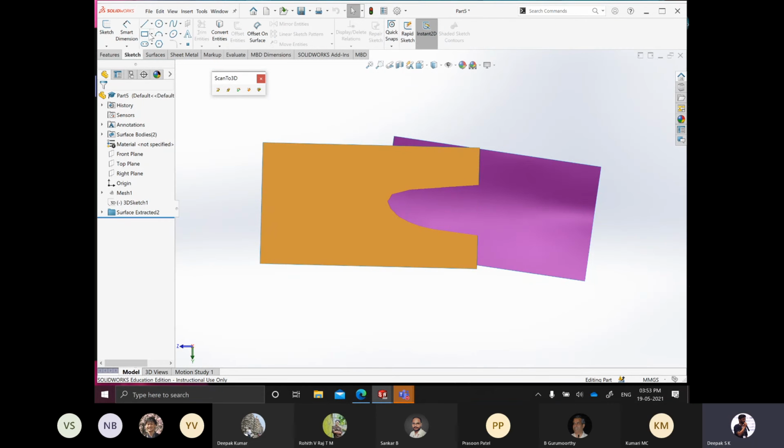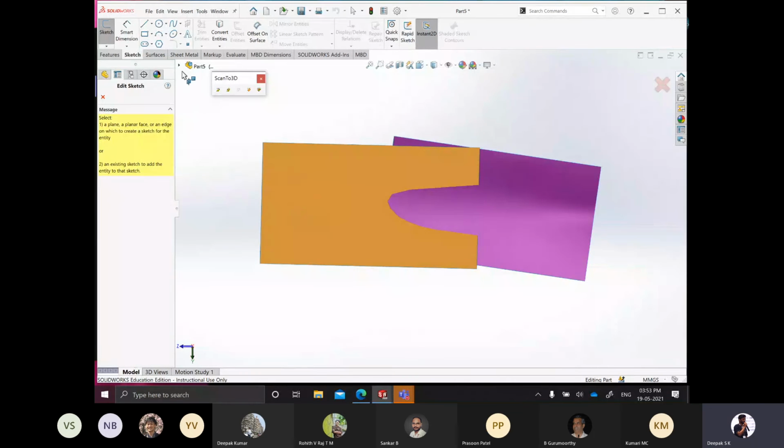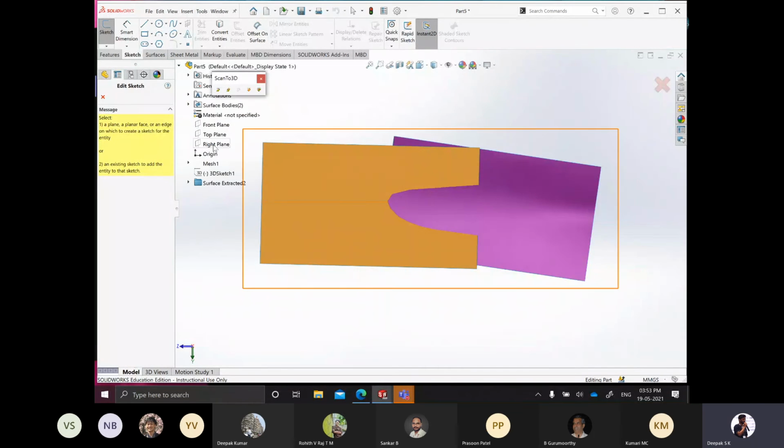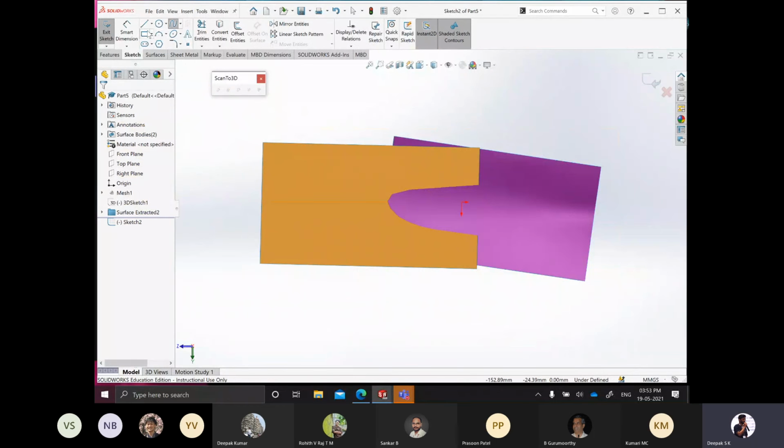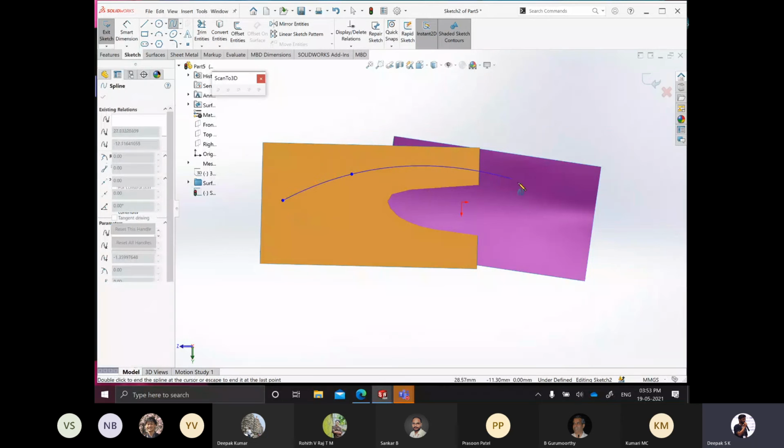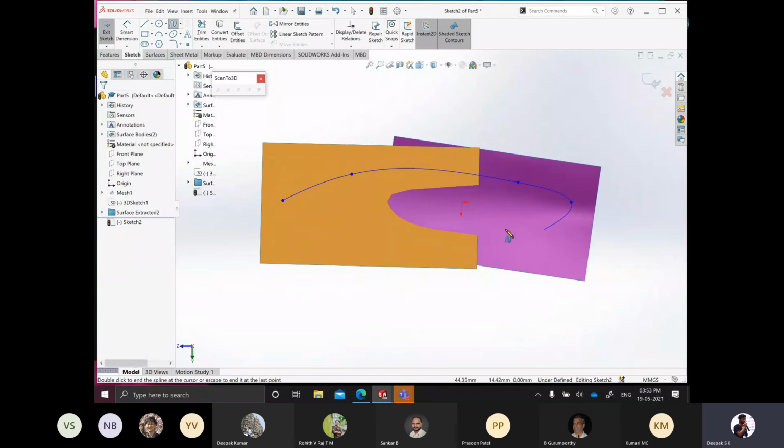As an example, let's say I'm going to draw a plane like this. Right plane. Let's suppose our part is like this.